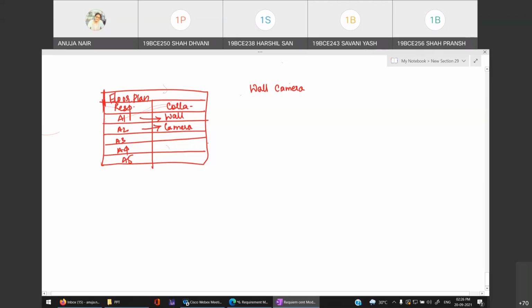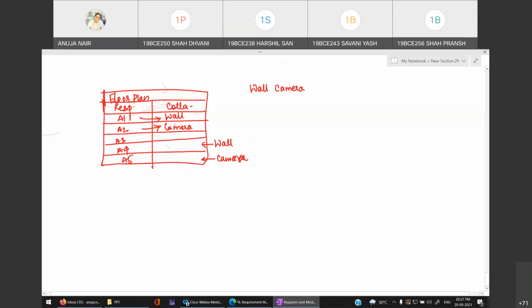Even though wall and camera should be written over here, its actual meaning is here. But because your CRC index card is wrong, the whole implementation goes wrong.